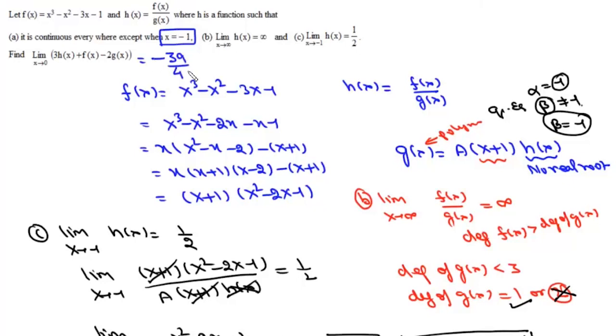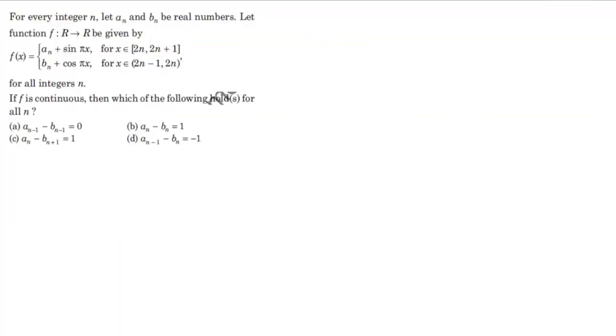Now here the question is, we are given this function fx, which is defined from 2n to 2n plus 1 and 2n minus 1 to 2n for all integers. If f is continuous, then which of the following holds for all n? Now first we'll look for continuity at 2n. At f2n, we have this equality sign. So f2n will be equal to f2n positive, and that is the definition. So it will be this an plus, and x here is 2n. So it will be this sine